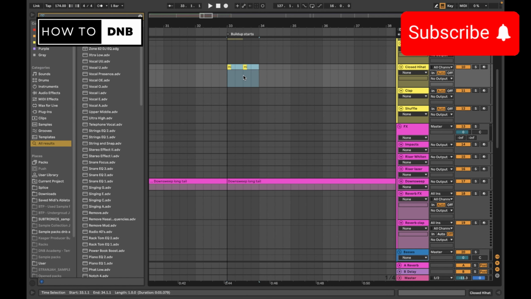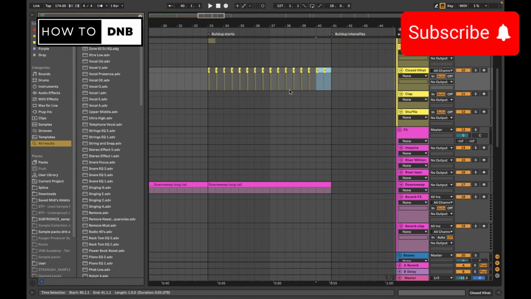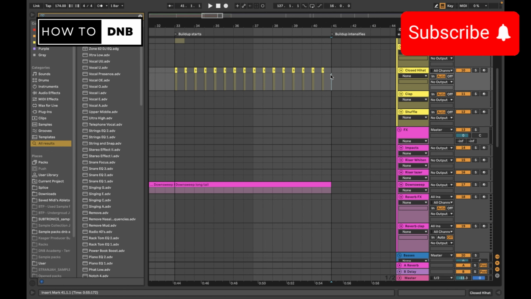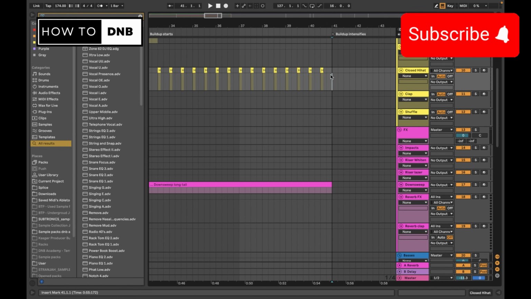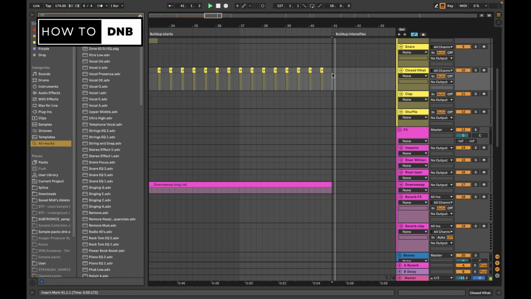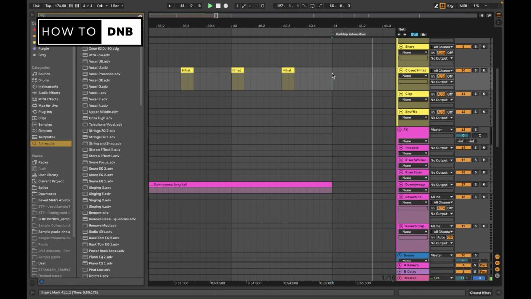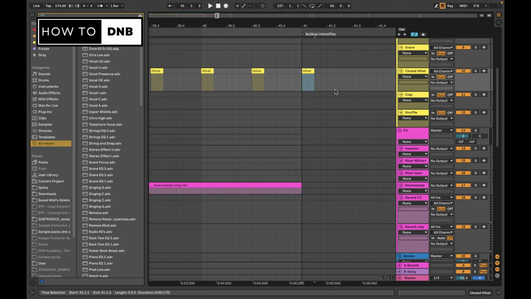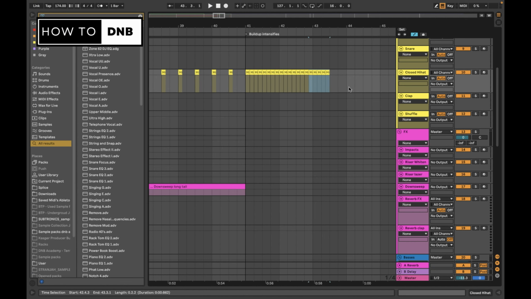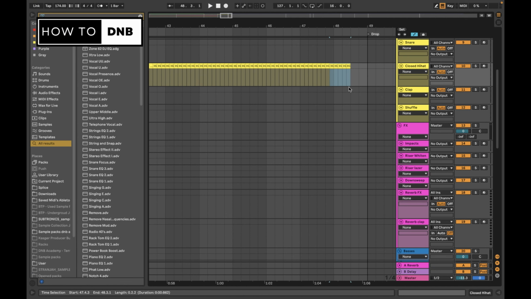So it's literally this, and then that repeats. So I can select all this and just go Control D, right? Until the second part of the build up, that's where it starts to occur more frequently. So let's grab this one again. So we can actually assume that this goes tick, tick, tick, tick, tick. Yep, and we can just repeat this until the drop basically, and we'll see how it goes in the drop, but I'll do that in the next video.